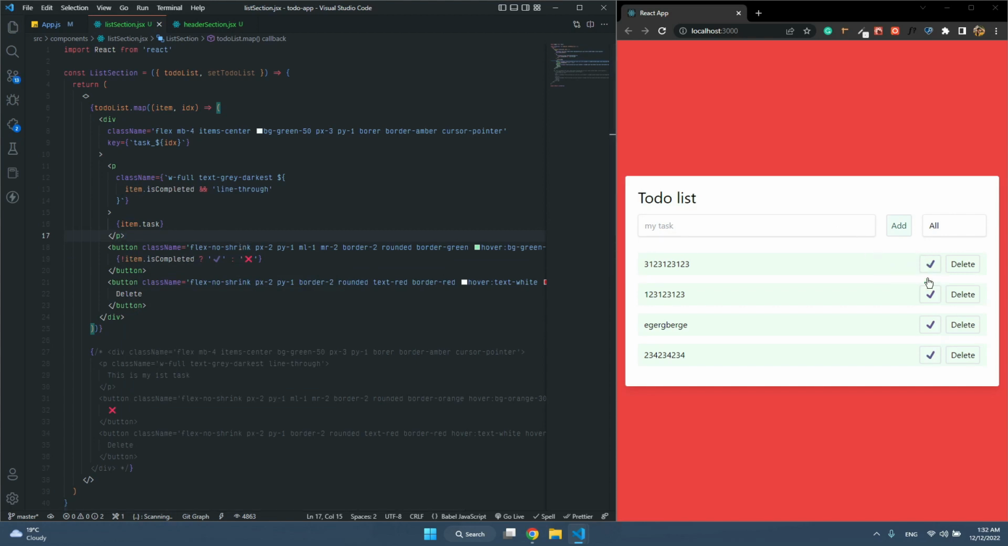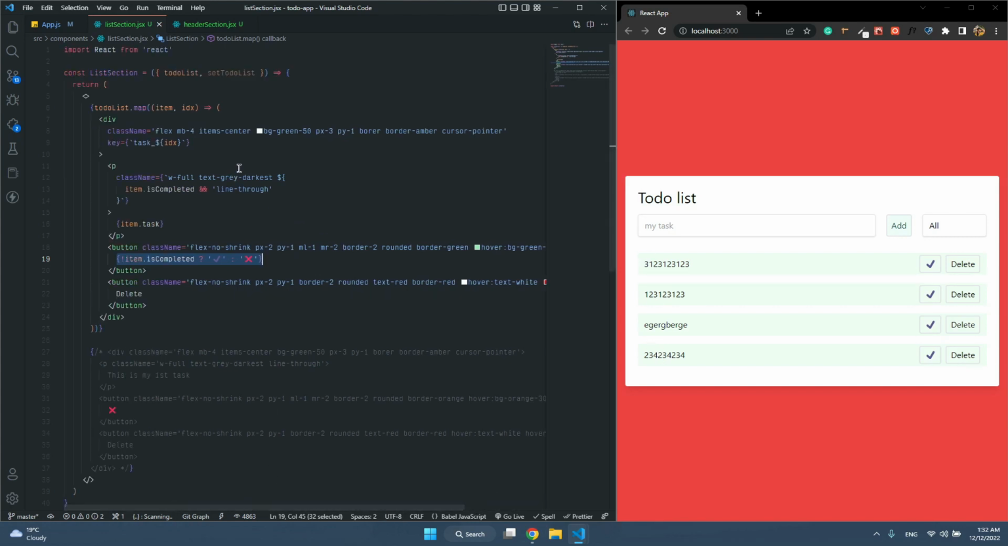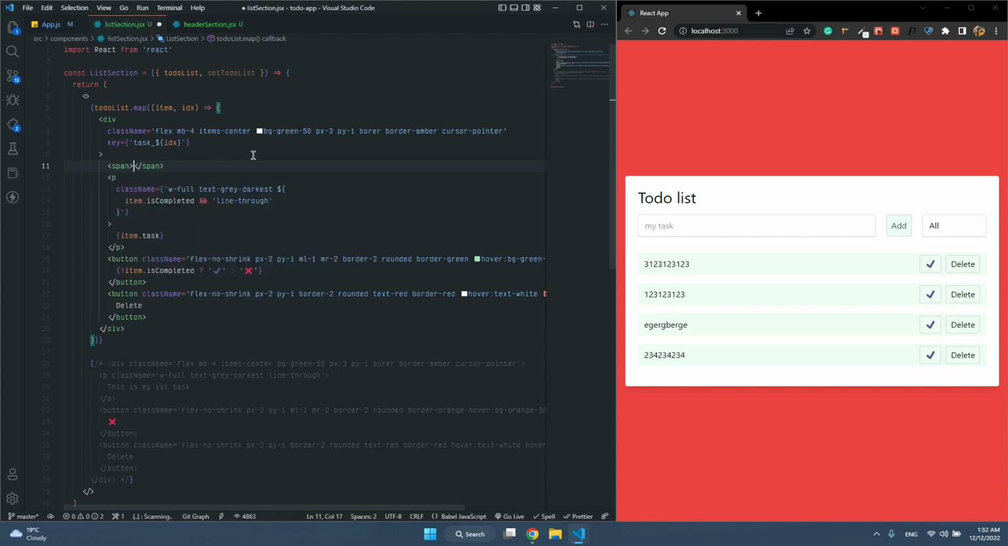So we managed to use this one. Then we also have to change these classes in the buttons, but before that, I think it's better to add some numbering here. Numbering is very easy. So I'm going to add a span here, and in the span I'm going to